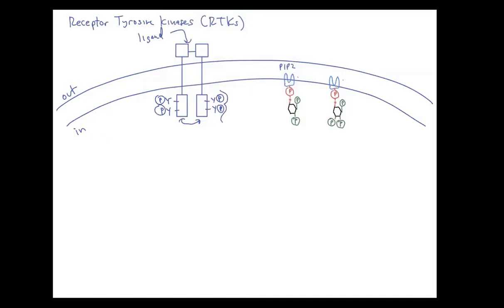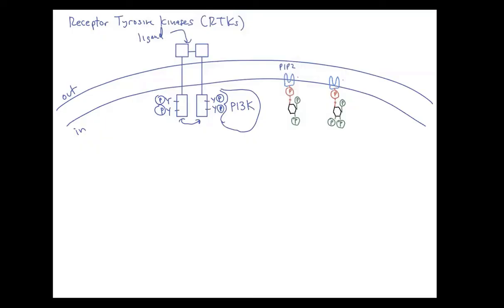It looks something like this, okay? And this is called PI3 kinase, okay? And the reason why it binds to these phosphorylated tyrosines is it has special domains, these little pockets that bind to those phosphates called SH2 domains, Src homology 2 domains, and that helps get this PI3 kinase right up near